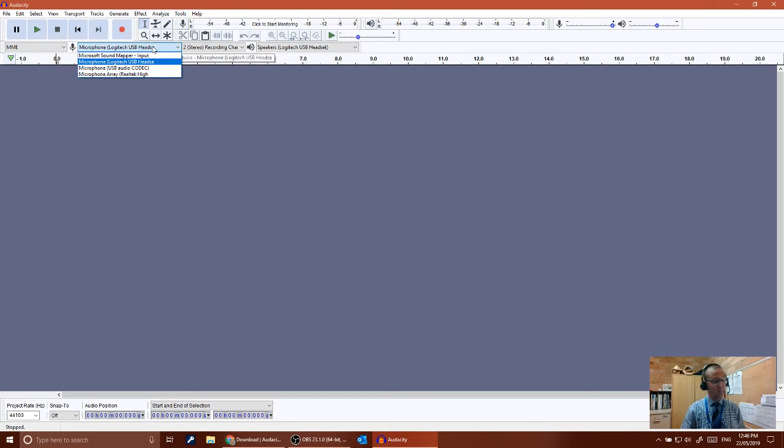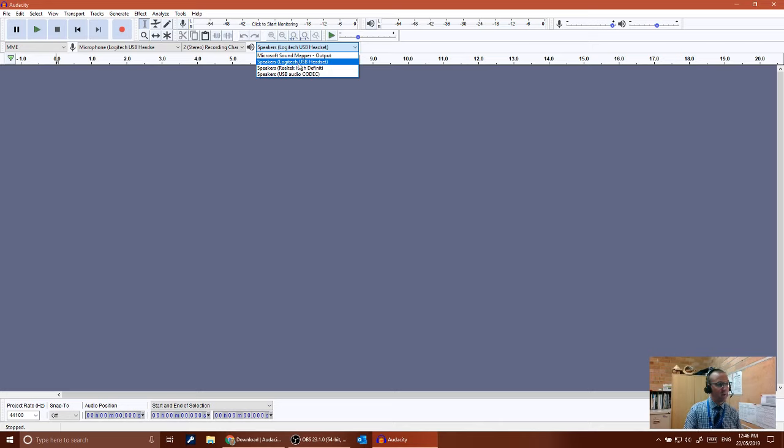So I have multiple recording devices available to me. You can see at the moment I'm using this headset to record. However, I could also just use the built-in microphone of my laptop by choosing that one there. I'm going to stick with the USB headset as my recording device, and for the output you have the same option. So you can see I have my built-in speakers from my laptop,